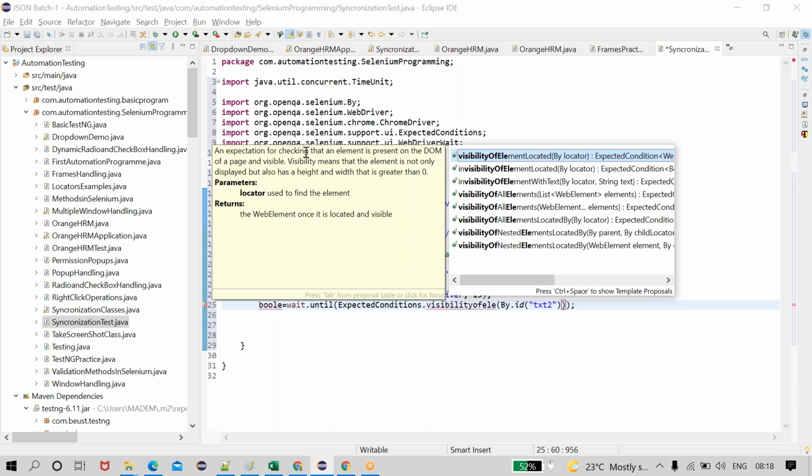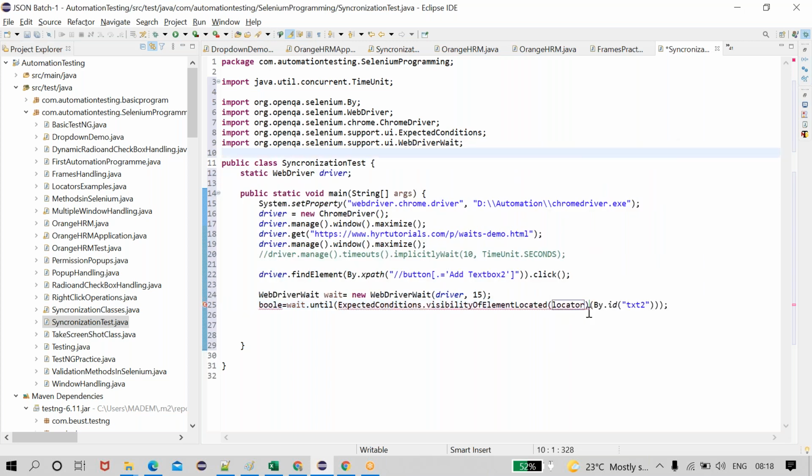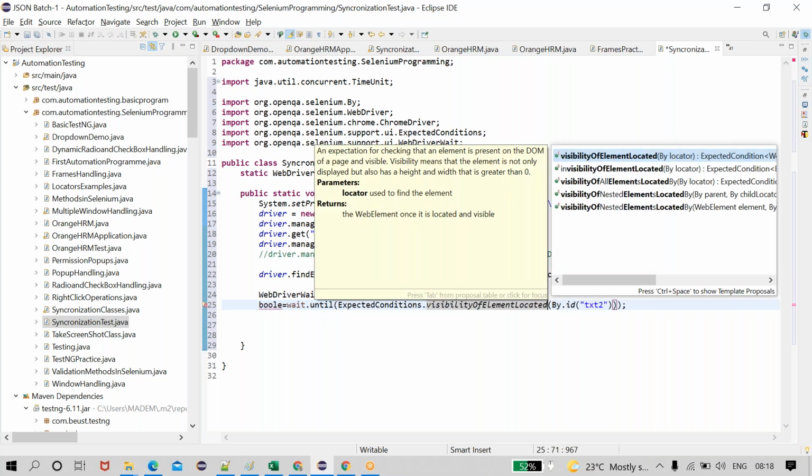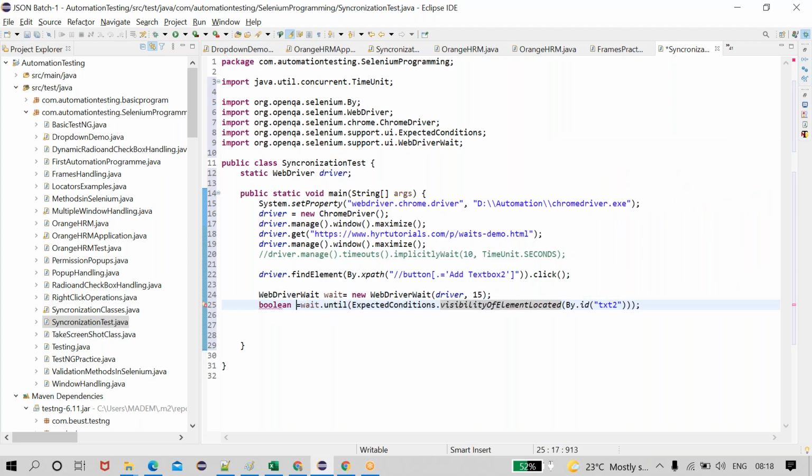See, if this element is located, what will it return? Once the element is located and visible, it returns a result. I can store it as a boolean because it is true or false. If it is available as a boolean, it can show the status: hey boss, your element is displayed. Like this, it will show it.